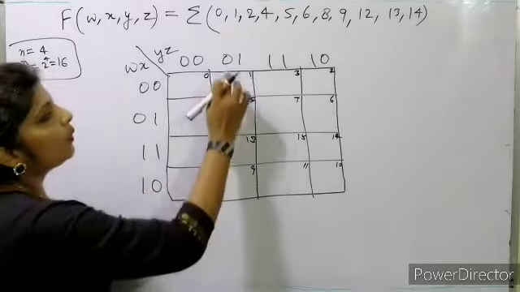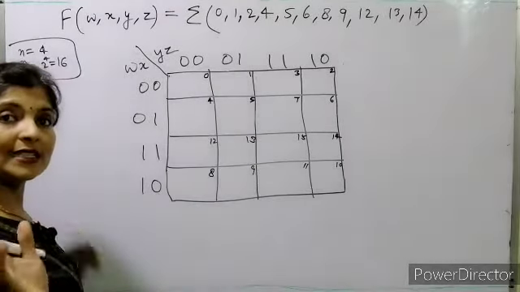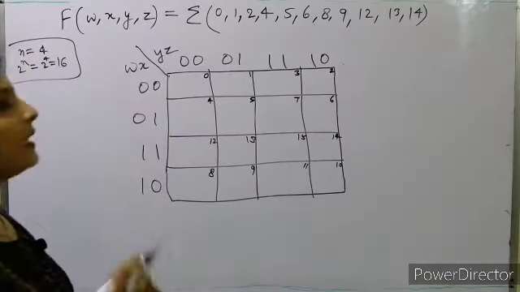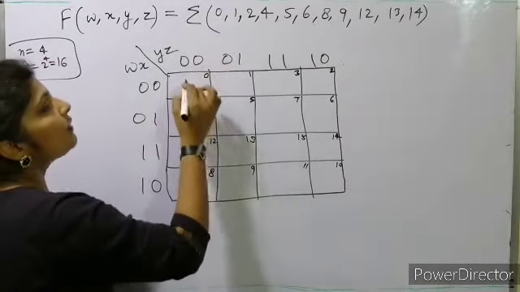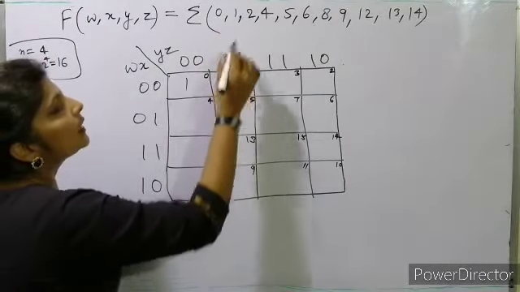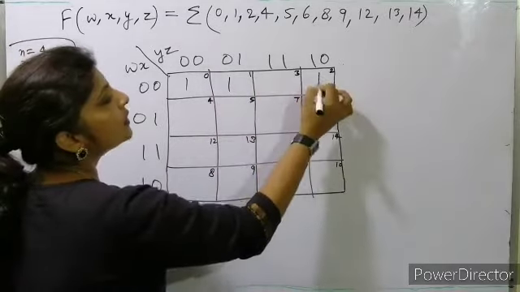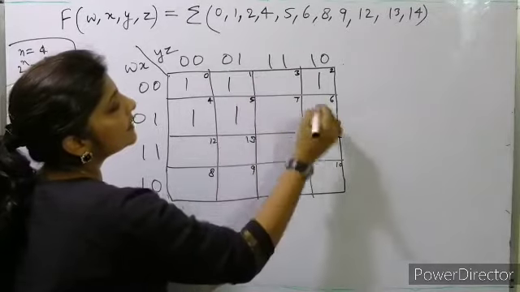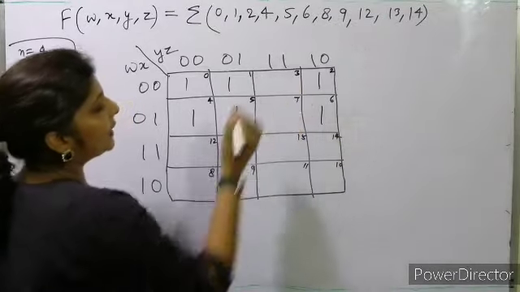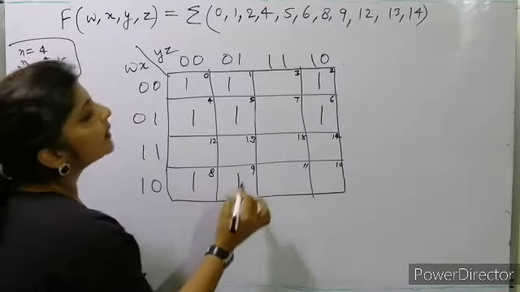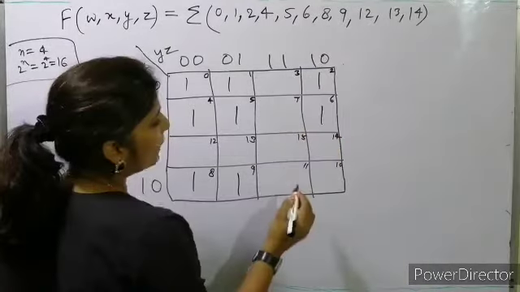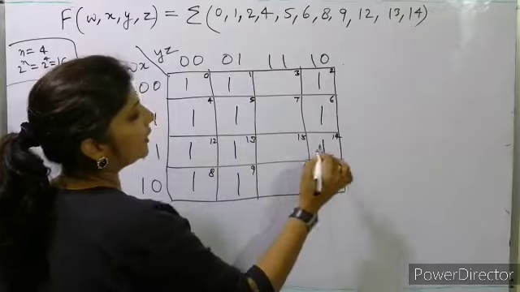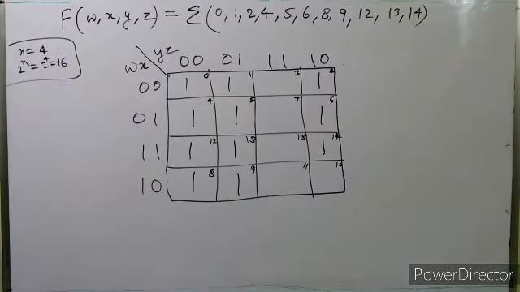So 1 0 0 1 1 0 0 1 is 9. So that's the same way I have written. Okay, now it's very easy then. In the 0 0 box, 1, then 1 1 2, this one, 4 4 is here, 5 is here, 6 is here, 8 9, so 8 9, then 12, where is 12, here, 13 and 14, 13 and 14, okay. This way we have written.